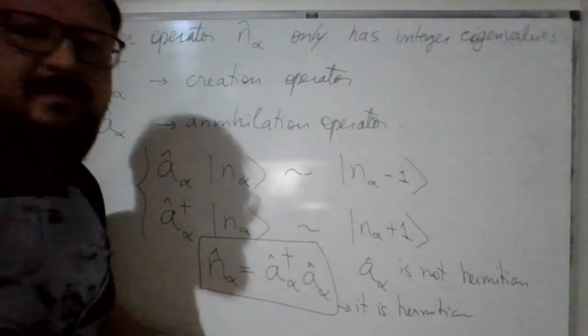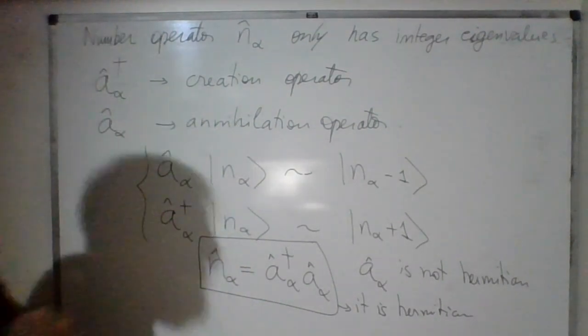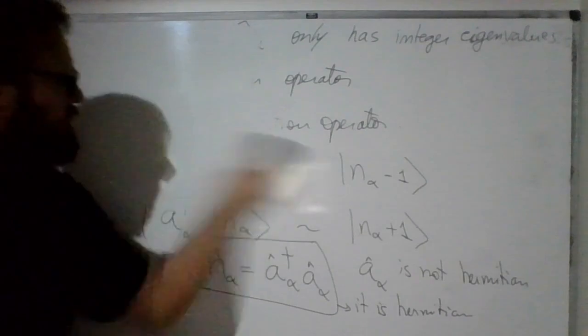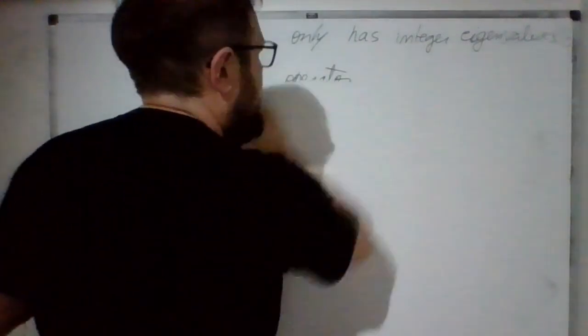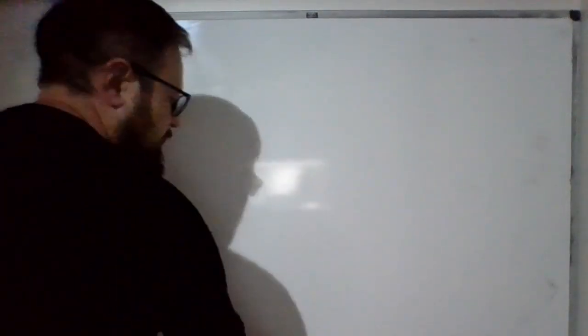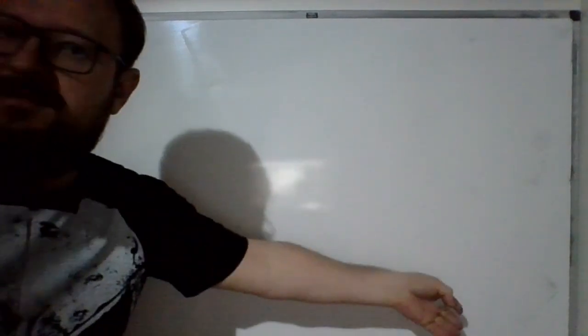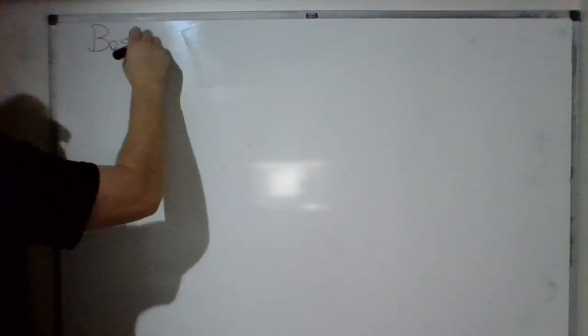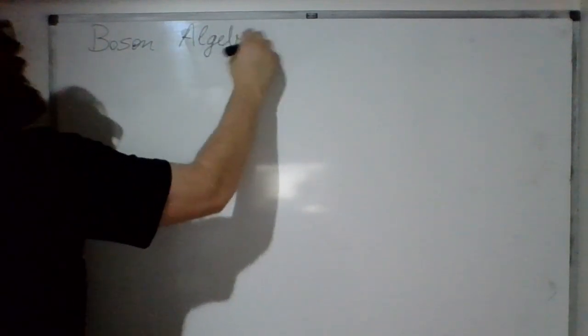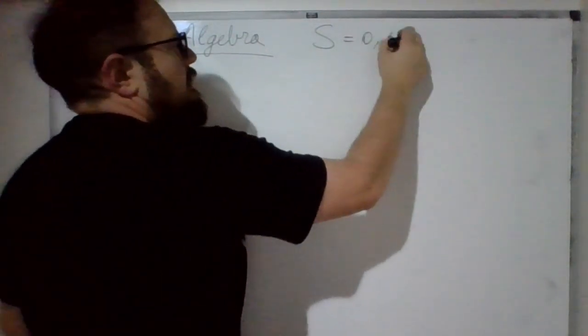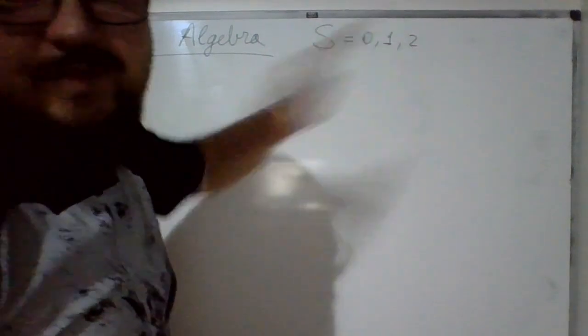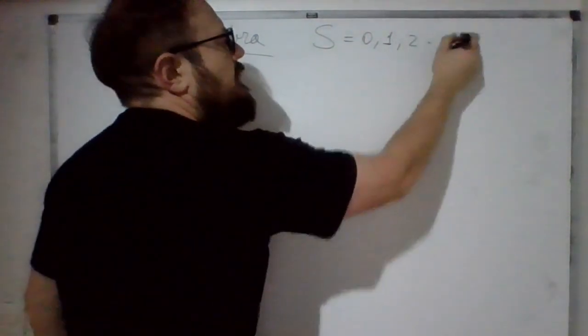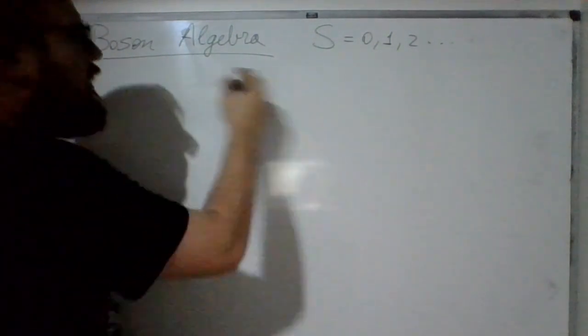So let's proceed, defining now a boson algebra. It is used to describe bosonic particles, and in the second quantized version, bosonic fields. Remember, it's worth remembering that spins for bosons are integers. And for bosons,